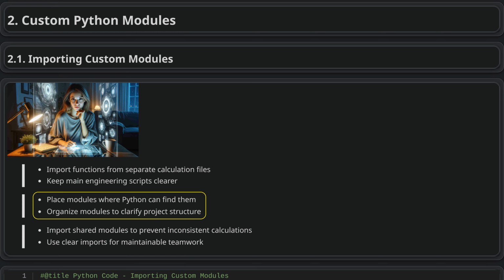To import a custom Python module reliably, make sure its file has the right name and is stored where Python can find it. In small projects, keeping the module in the same folder as the script is simple and portable. As projects grow, grouping modules into topic-based folders makes the structure clearer and helps others find where key calculations and